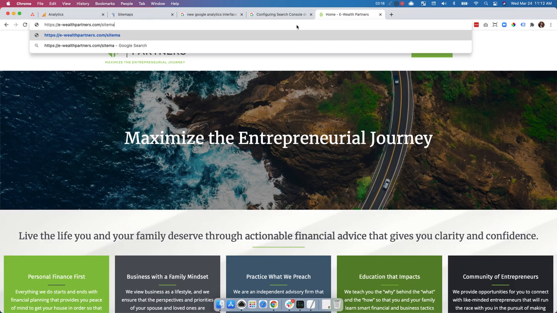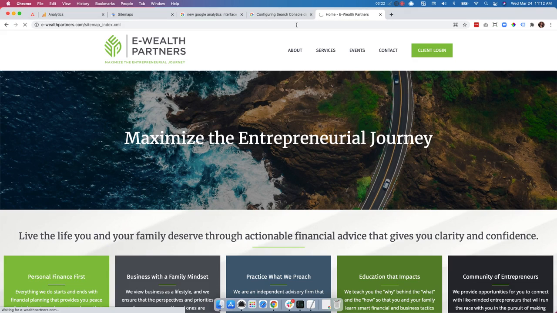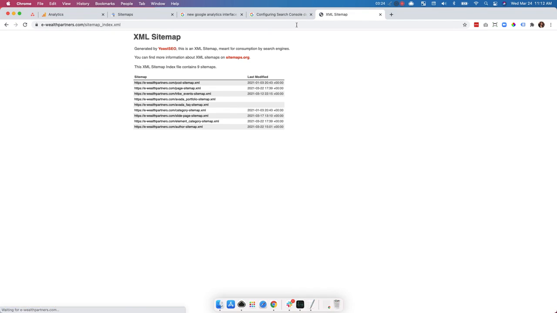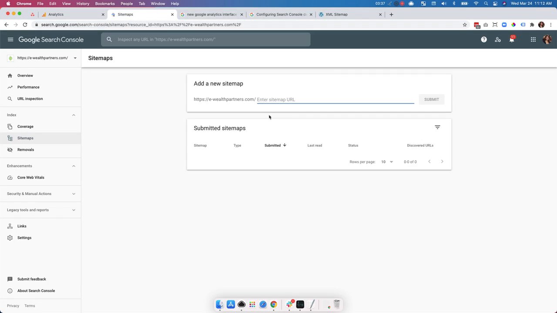It's sitemap_index.xml. Actually, I think this is right. It's been a minute. Yeah, okay. It's going to look like this. So again, every single site that uses Yoast, it's going to be this extension. It'll be whatever your site is and then /this. So you don't even need to really go to the website to find it. I just type this in. When you hit submit,